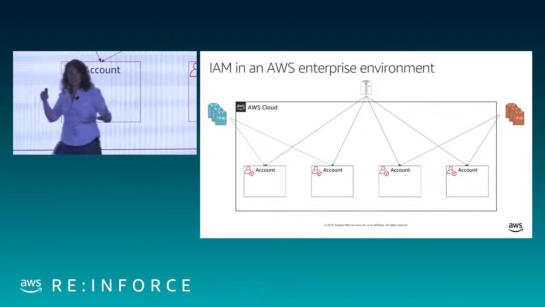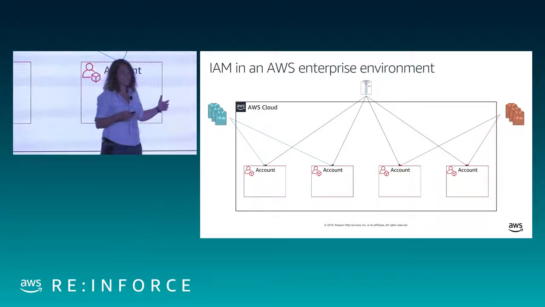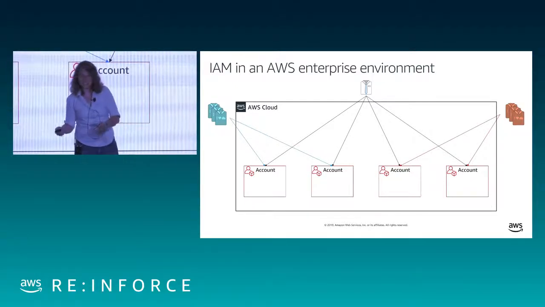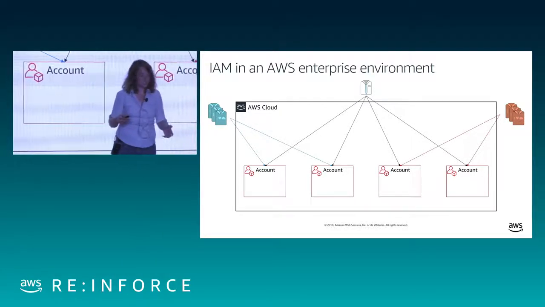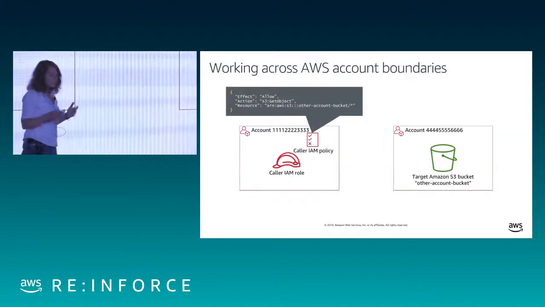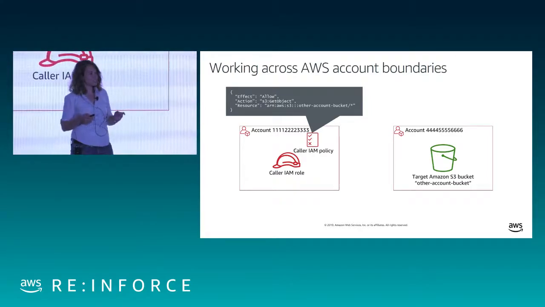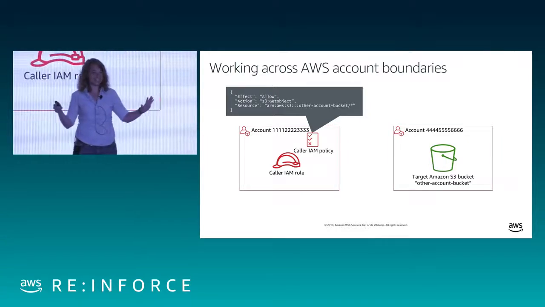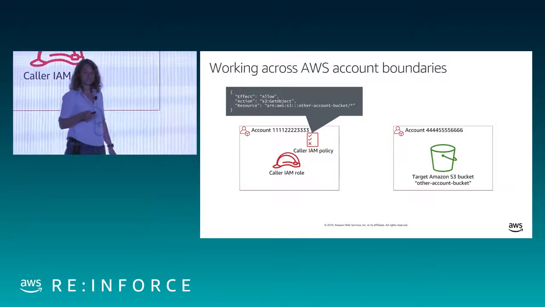You've got different groups of people with different permission levels to different accounts. Some of these accounts will have different security posture than others. Some accounts are for people's science experiments. Some are for your extra secure customer data. These accounts are all different, and yet you need to secure all of them. And you'll often find when you're working across accounts that some principal from one account needs to get at some resource, like an S3 bucket, in another account.